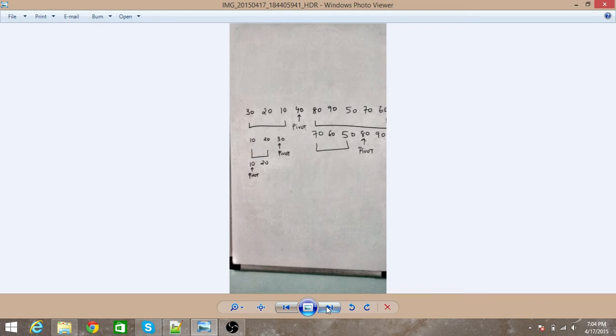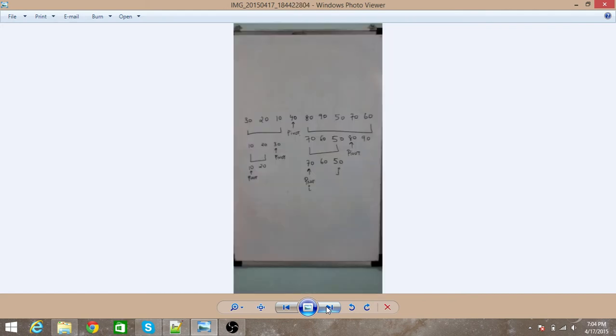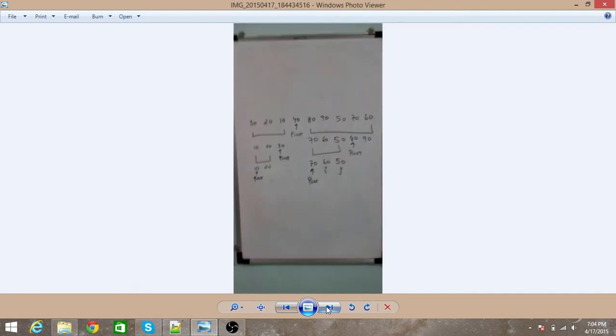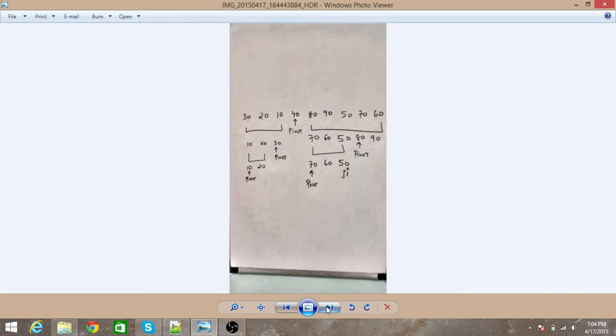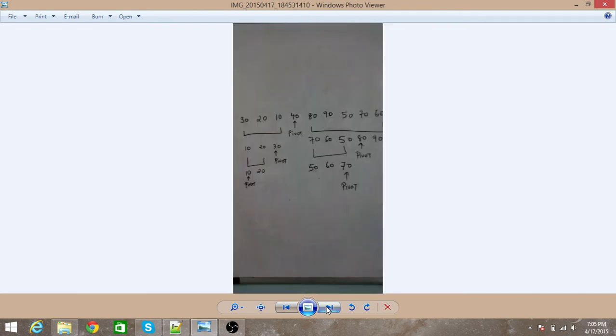Now the left thread will consider 70 as pivot and will start with i and j. Again we will increment the value of i until we find an element which is greater than 70, but there is no element as such. So again it will swap pivot with j. j is at 50, and it is not going to be decremented because 50 is less than 70, so it will stay as it is, and it will be swapped with 50.